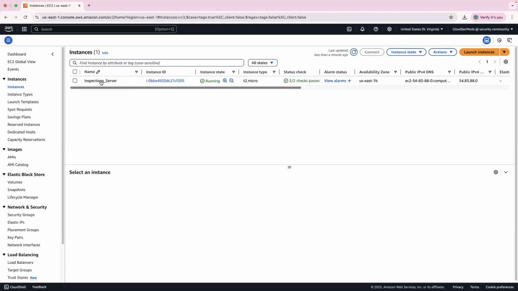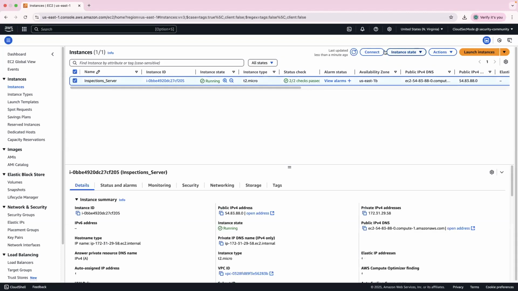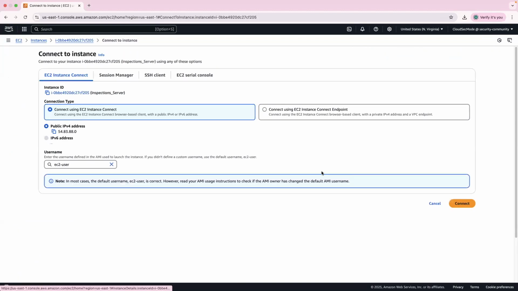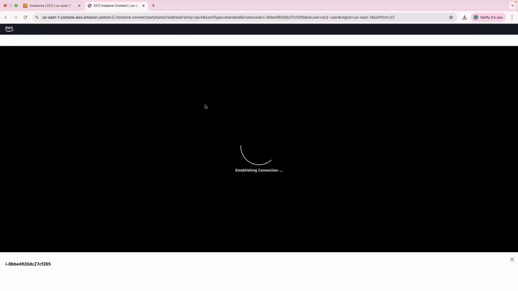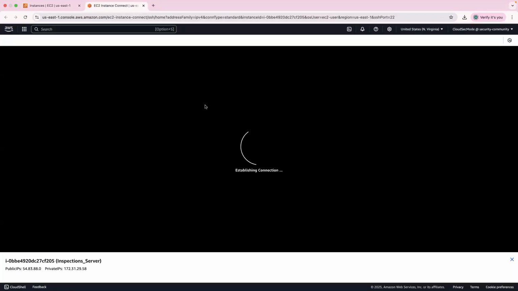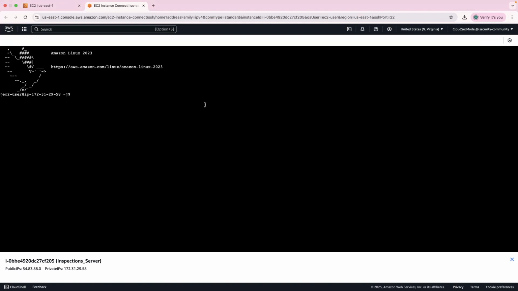So now we'll just SSH into this instance. So we'll connect it using EC2 instance connect. We'll just click on connect. This way we can connect to the EC2 instance without any of the SSH tools like PuTTY. We can just connect it on the browser. So here now we will be installing our Docker and pull the vulnerable image that we have to push into the ECR repository. So let's first do sudo